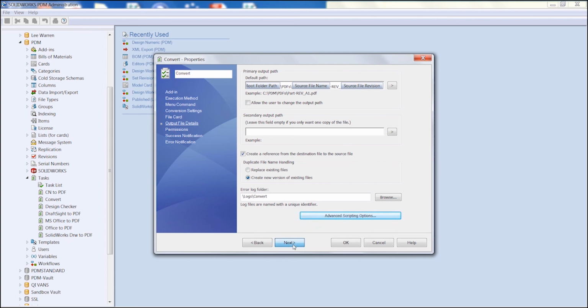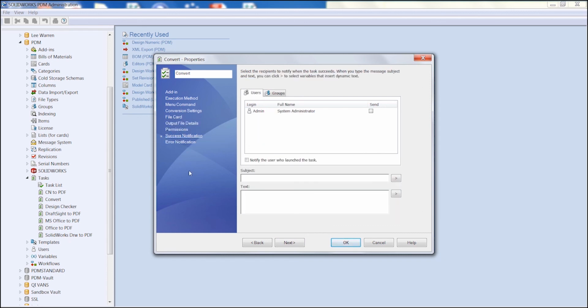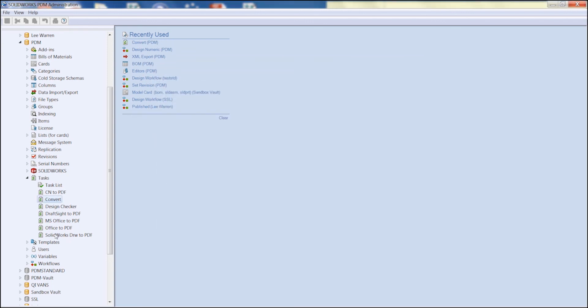Right, once we've done that, the final thing is just who's going to run this. So we can choose our users and groups there, just as normal. And we can also choose to use success or error notifications if we want as well. I'll just leave those blank for now. Once we click OK, so that's the task configured. So as I said, it's ready to be used on demand,